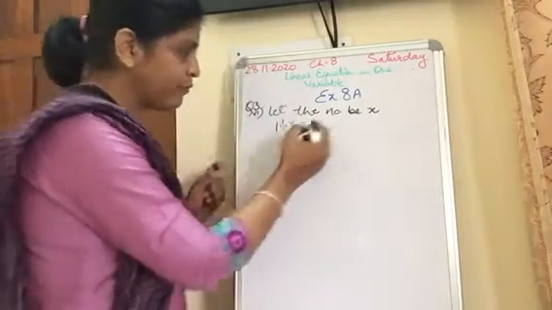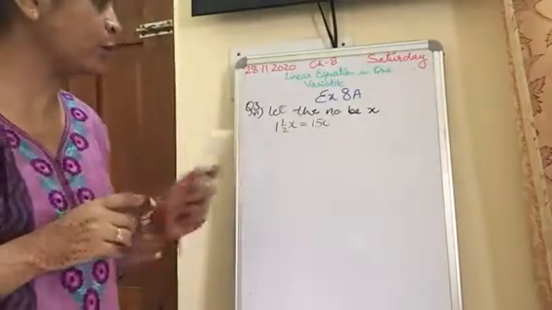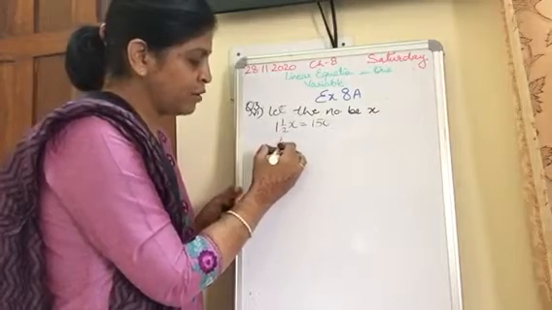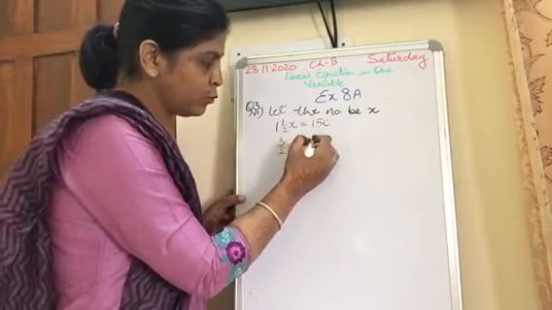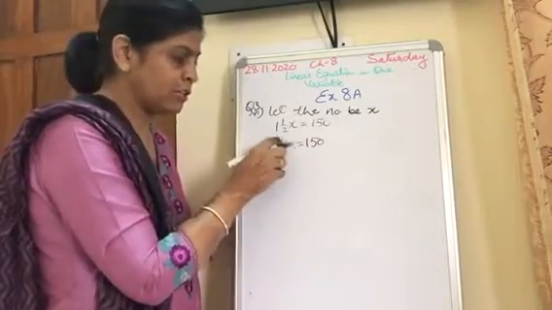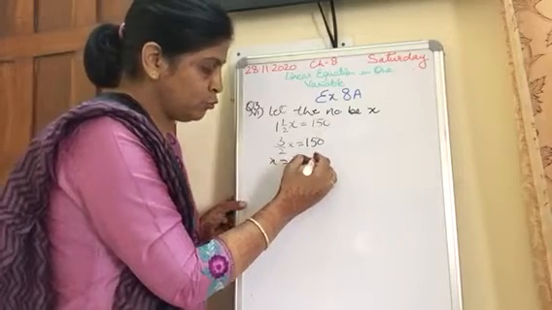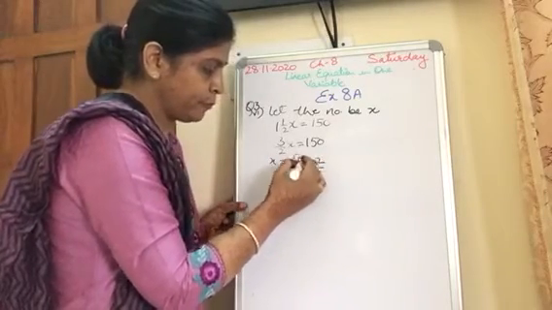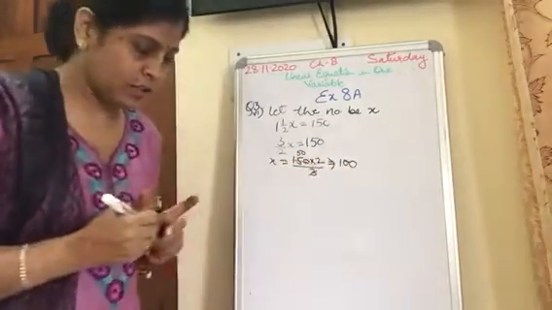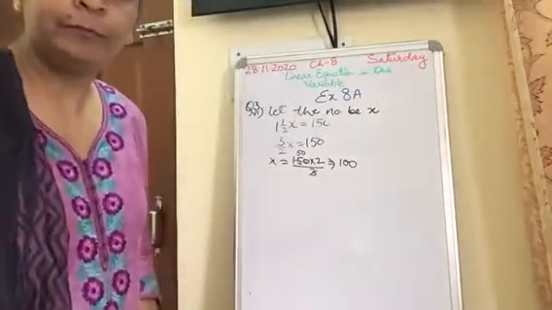1.5 becomes 1 1 by 2, so 1 1 by 2x equal to 150. Now this is in mixed form. So the first step is we have to convert this mixed into improper. So it is 3 by 2x equal to 150. Now 2 is in divide, send it to that side, multiply. 3 is in multiply, that side, divide. So 150 into 2 by 3. So 50, so 100 is the answer of it. Clear? Like this you will do question number 3.